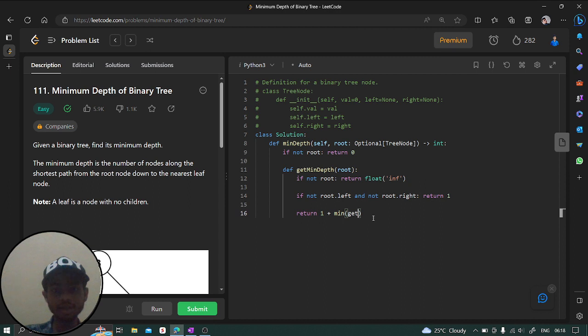So we can say get min depth of root.left, same thing, get min depth of root.right. Take the minimum from them, and after that add 1 to it, because this is also a node, and return this particular value to the parent. So now let's call this function get min depth for root, and return this one. Now let's run this code,